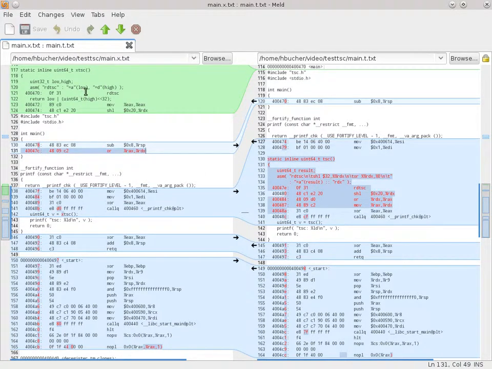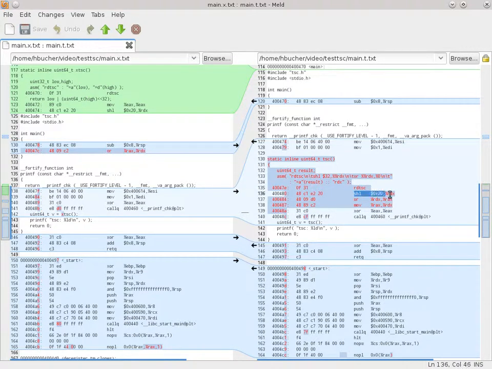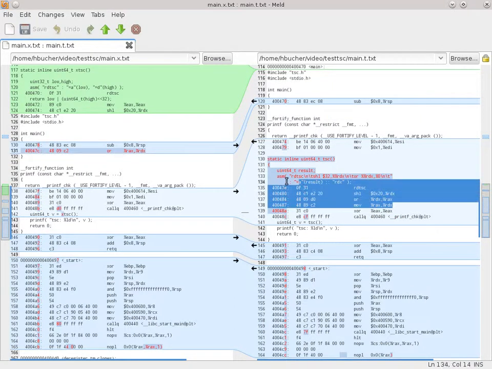This code is the same. Only in the second case, all my calls are together. So the RDTSC, shift left, the OR, and here it takes the result which goes into the A register and saves into D because it's the call to print. I would say that this code is better